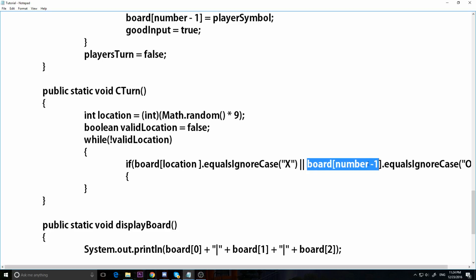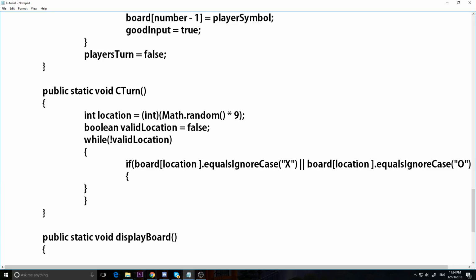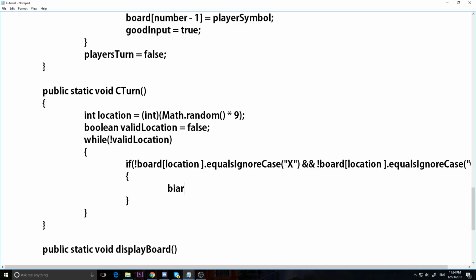So, oops, not all that. So if our board already has a location there, right? We'll just say if it's not, we're going to check if it's a valid location. So if it does not equal X and it does not equal O, then nobody has a location there. So what I'm going to do is then say board